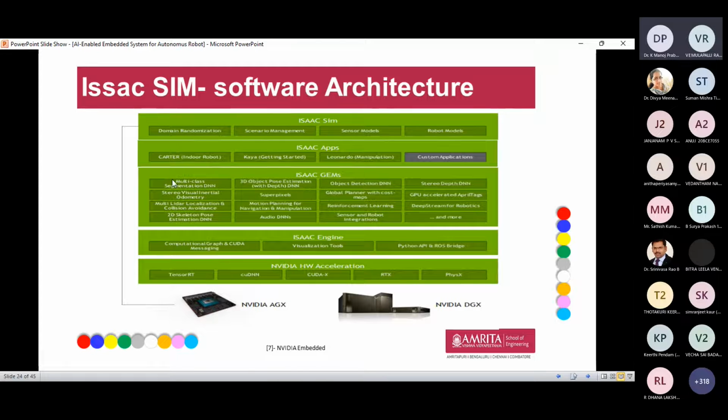The GEM is nothing but either a segmentation process or 3D object pose, or a reinforcement technique can be implemented, or you can update your GPS settings of your modules, and deep streaming for the robotics or collision avoidance or 3D and 2D construction of manipulators, or it can interact with your gesture recognition, and with gesture recognition the robot can be activated, or conversational AI, whatever it may be. It comes under the Isaac GEM. So this software package comes under the Isaac Sim architecture.